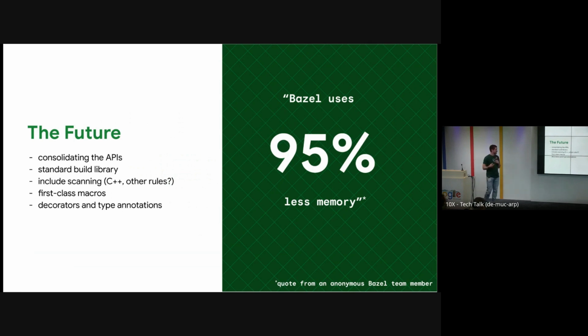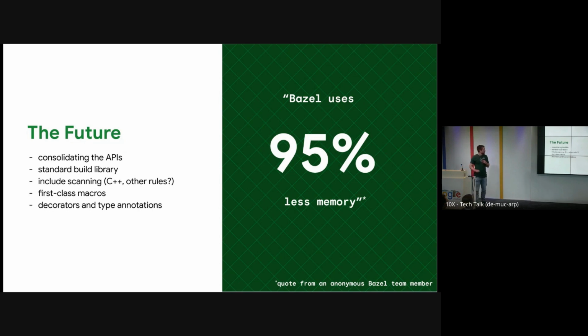So I already mentioned consolidating the API. Our future vision is a standard built library. What we would like to achieve is, after all the rules are in the depot, that we also have a standard library with which the rules are created. We would like to have this library as small as possible, as stable as possible. Why? Imagine if this interface is stable in Bazel, then rules repositories can have completely separate timelines from Bazel releases. So you are able to get features or bug fixes faster.